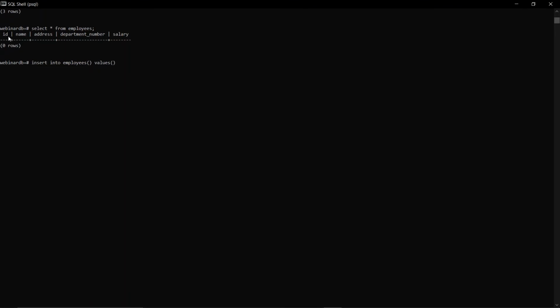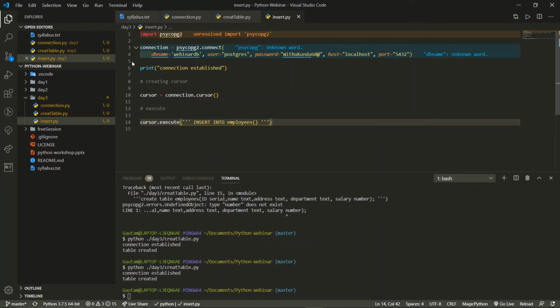We have the ID, but it is of serial type, so an auto-generated ID will be given. So we need to write the name, address, department number, and salary. We can copy it from here also.